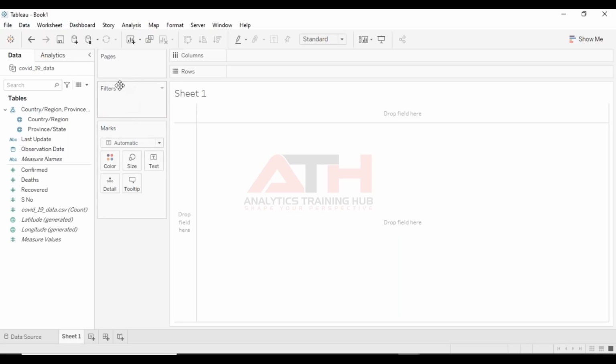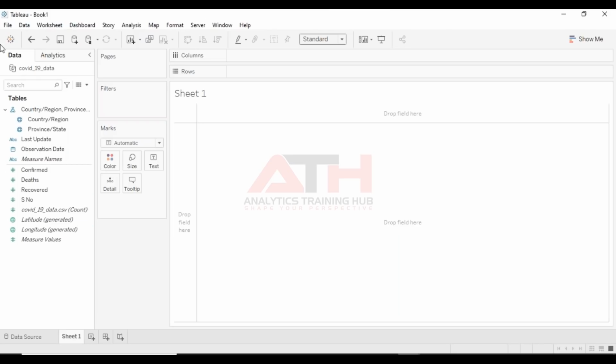This will be our filter shelf that will be used for filtering the data. And again, this is our tooltip, which on the top you can see. This is for the commonly used operations that we perform while creating our sheets, for example, sorting the axis, or clearing a sheet, or duplicating a sheet, or going to a new sheet, like that. And this is for the view. This is something that we'll be extensively using in all our dashboards today. So yeah, this is the main window for Tableau.